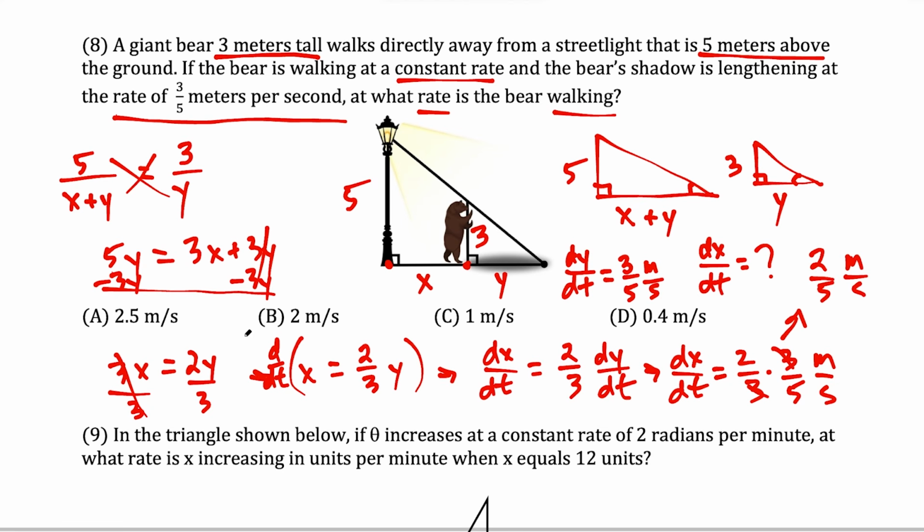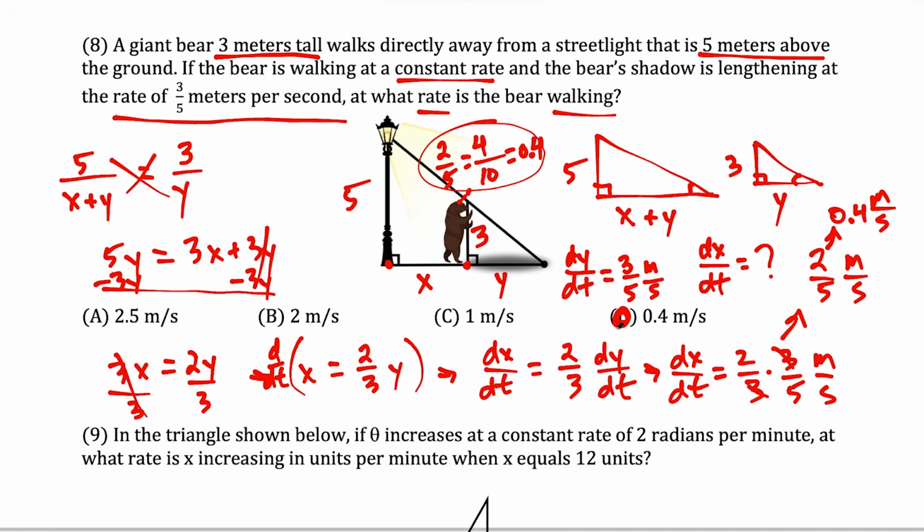So now we could scan the answer choices, but notice that everything's written in decimal form. So if we just think about this here, 2/5, if we multiply the top and bottom by 2, that's 4/10, and 4/10 is going to be equal to 0.4. So we could also say that the solution is 0.4 meters per second, and that's going to match up with